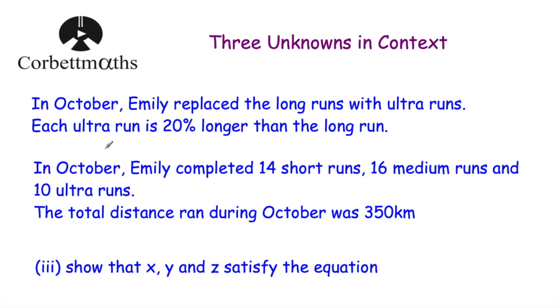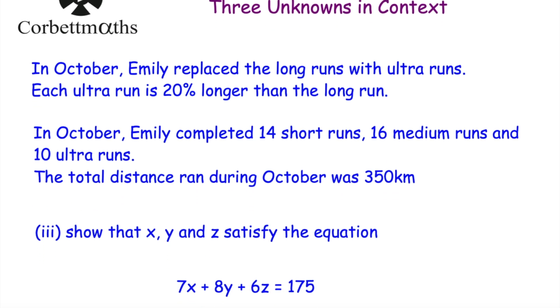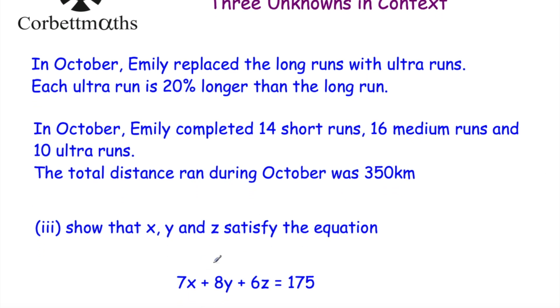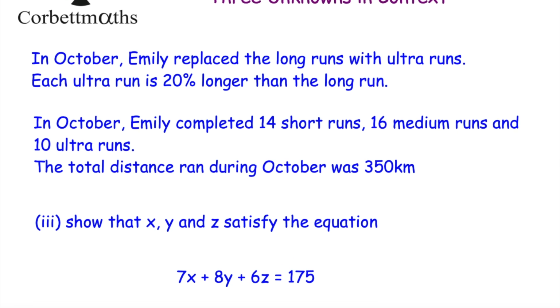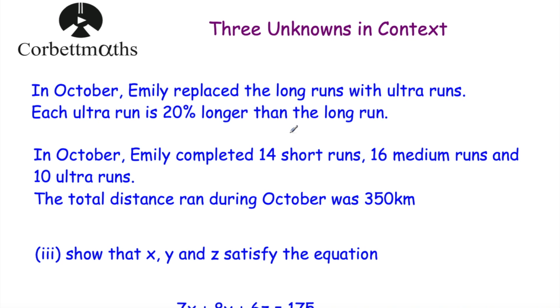And then we're told in October, she completes 14 short runs, 16 medium runs, and 10 ultra runs. And the total distance she ran during October was 350 kilometers. And part II, we've been asked to show that this information satisfies the equation 7x plus 8y plus 6z equals 175. Okay, so here we've got 14 short runs, so that would be 14x in terms of that distance,